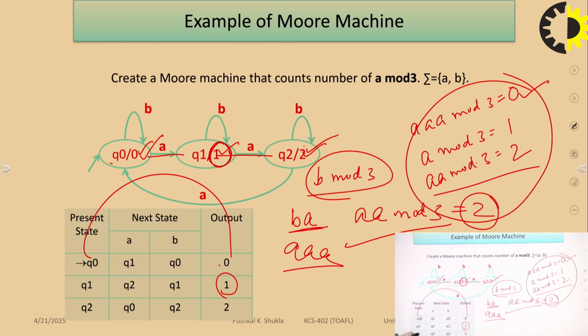Here we see for the state Q2, after taking input A, it goes to Q0. And after taking input B, it goes to Q2, and corresponding to this Q2, the output is 2. So by this way, we can represent it in tabular form,